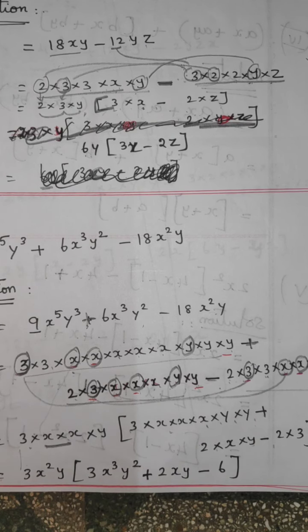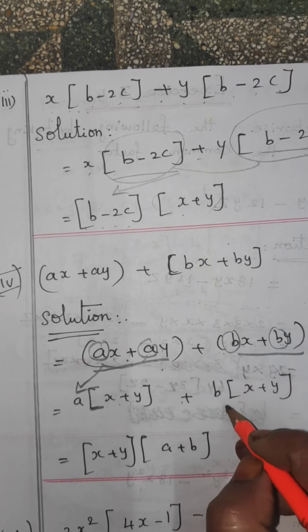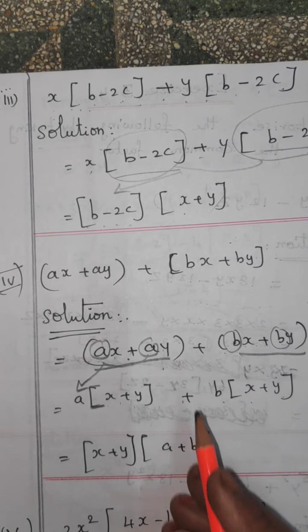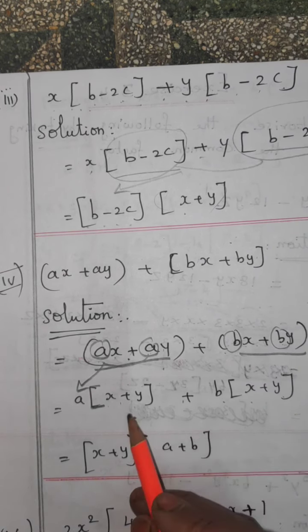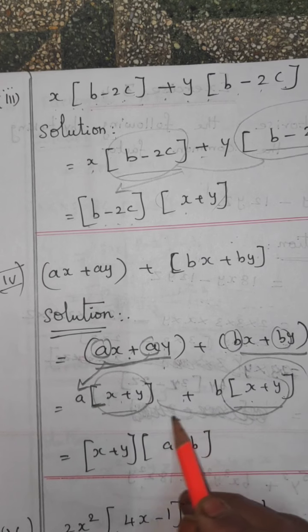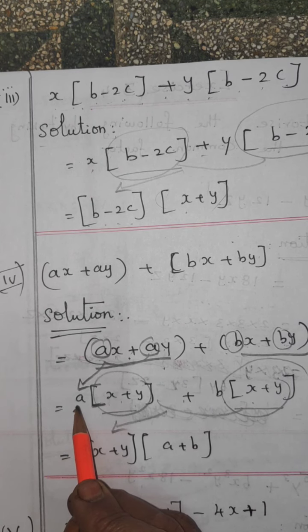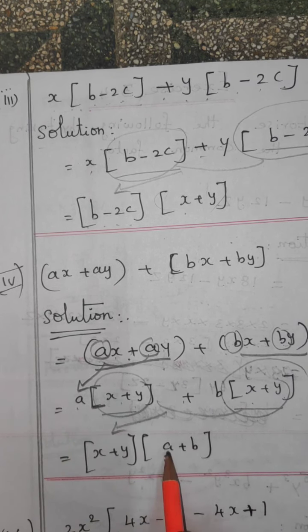Next you start the bracket. Which is not rounded? x. Next symbol is plus y. Plus here also b, there also b. For this b you write 1b. Which one is still not rounded there? x plus y. Next step also. See the bracket: here 1 x plus y, here 1 x plus y. Round this one. For these 2 x plus y you write 1 x plus y. Which one is not rounded here? First one for a, next one for plus b. So write it in the bracket.